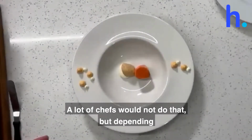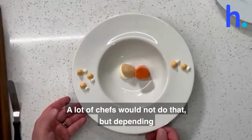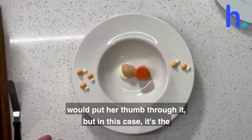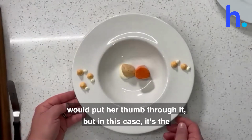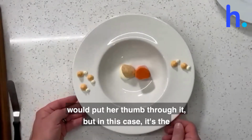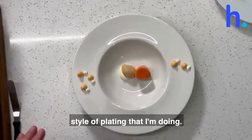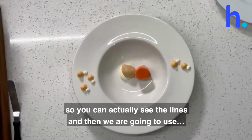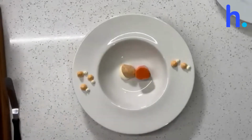A lot of chefs would not do that, depending on the restaurant style, because the waitress would put their thumb through it. But in this case, it's the style of plating that I'm doing, and I'll tell you now that I'm doing a horizontal plating, so you can actually see the lines. And then I'm going to use